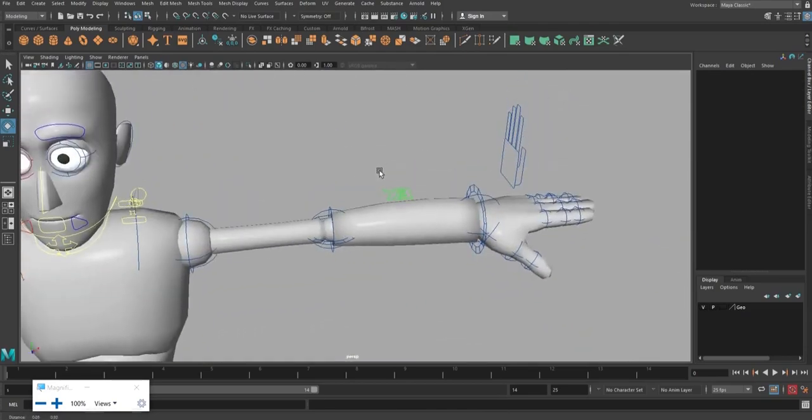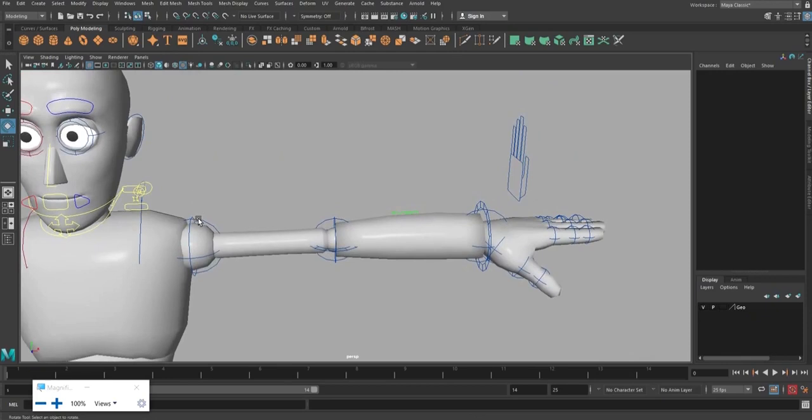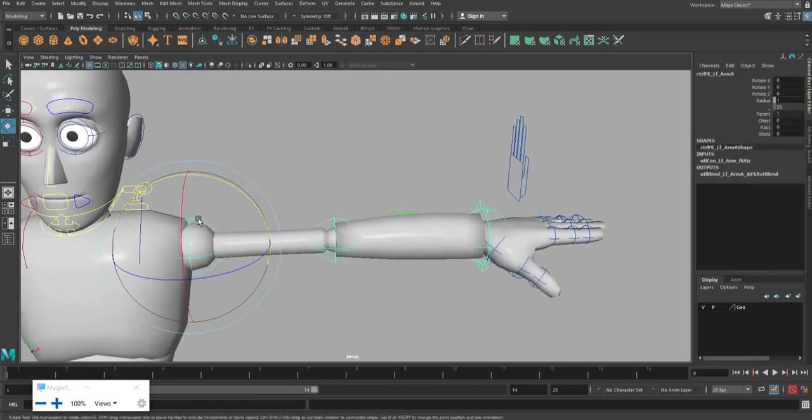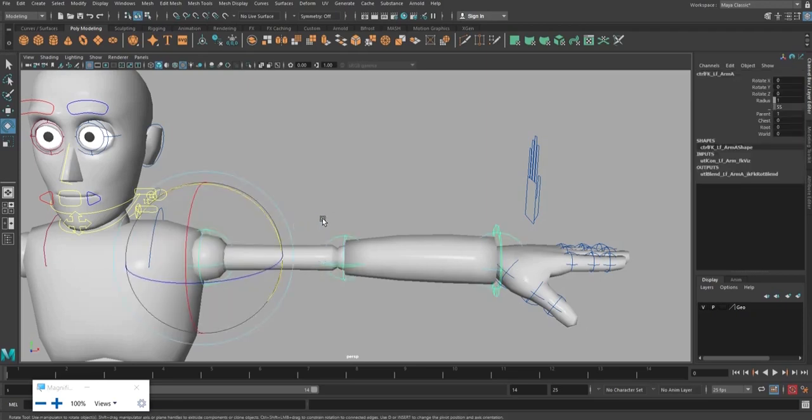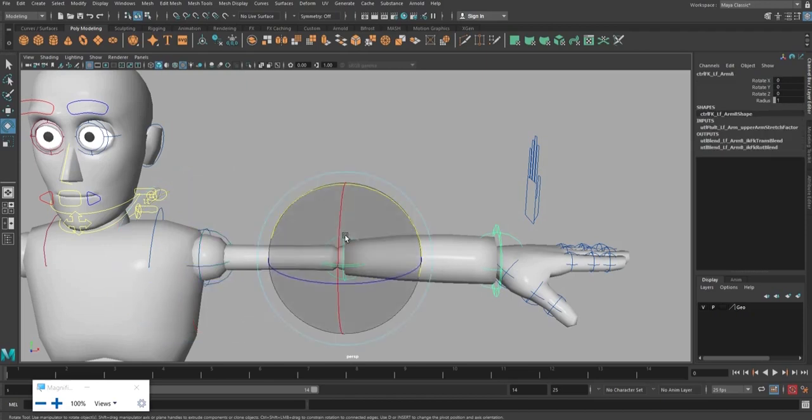So to say in simple words, wherever the parent node or parent control starts, from there the influence travels forward. From here to here forward, here to here forward, and this is the end. So this is the root or the base for the entire hand. The shoulder is the root, or you can say the base. This base continues to the elbow, and from there it goes to the wrist.